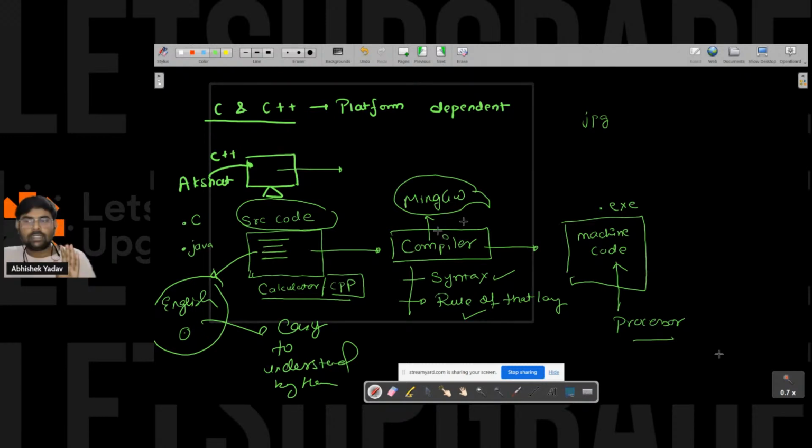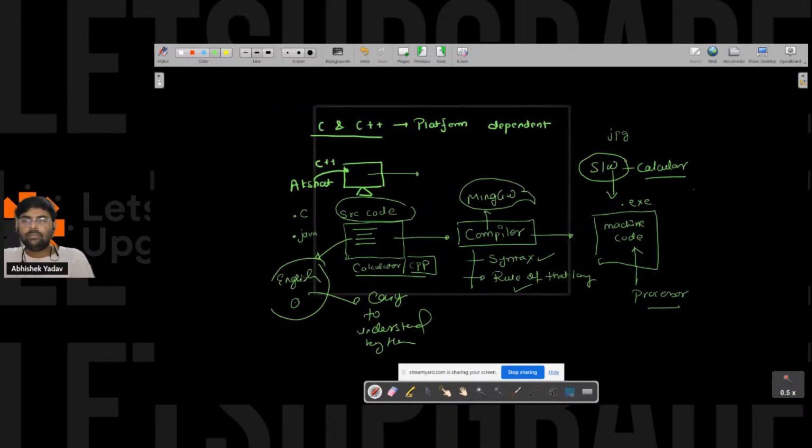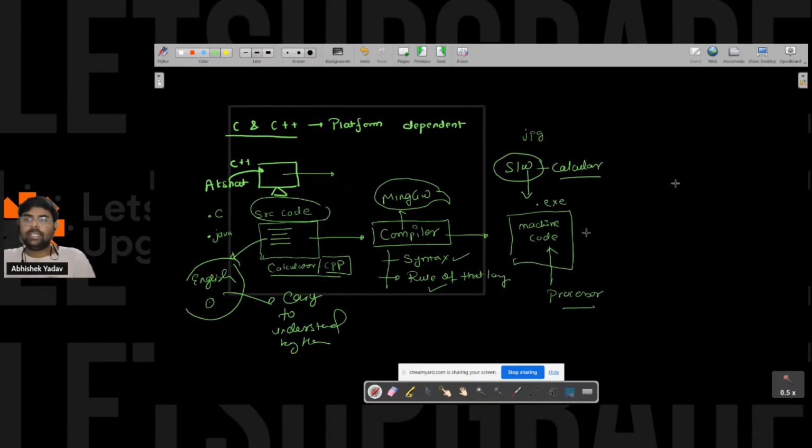So that's why the compiler is converting our source code to machine code, that is the executable file, and we are getting some output on the output screen. So Akshat has created one software, right? This is the calculator software. Now Akshat says, hey, I have created this calculator software and I want to share